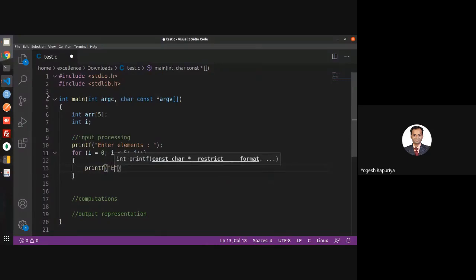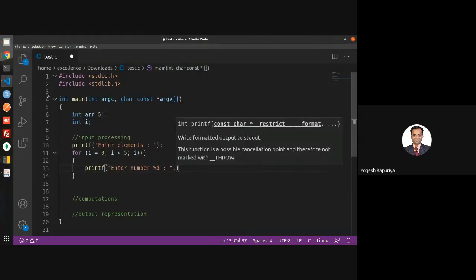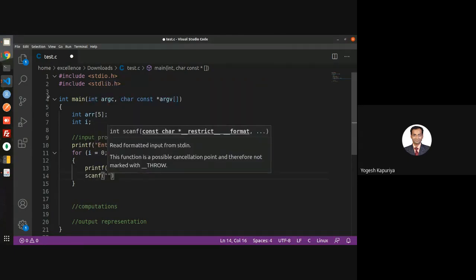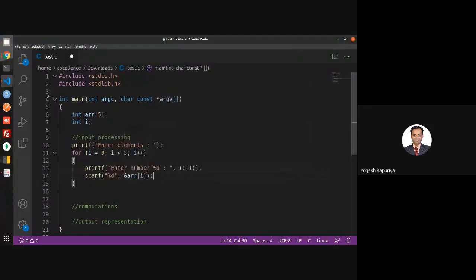You will simply print enter number %d, and you will print i plus 1 because i starts with 0, and you want to print the message as enter number 1, 2, 3, 4, 5 instead of enter number 0, 1, 2, 3, 4. That's why you're printing i plus 1. And what you want is to take this number and store it inside the array. So you are passing these three things. This will make sure that you have taken the input from the user.